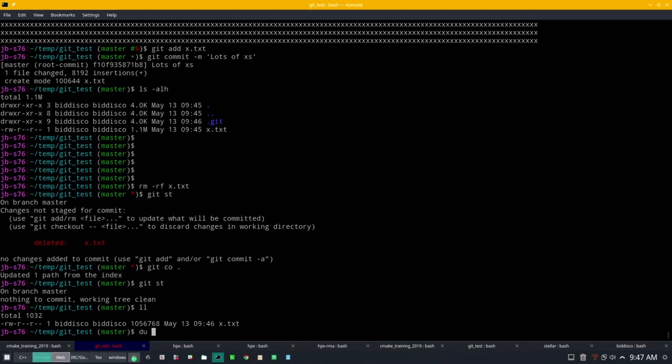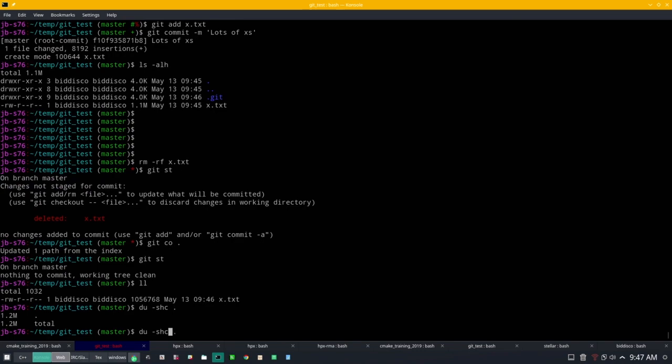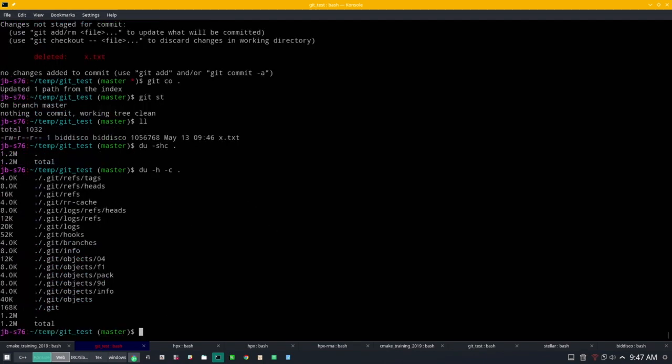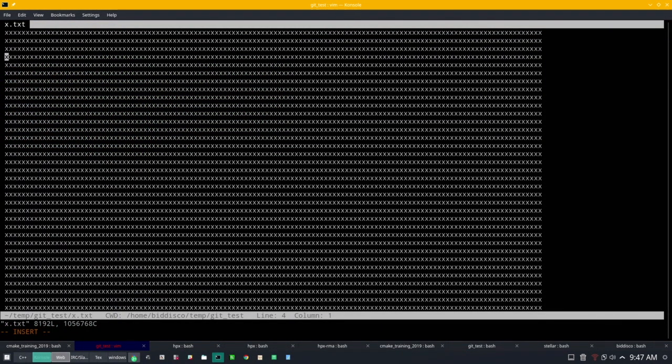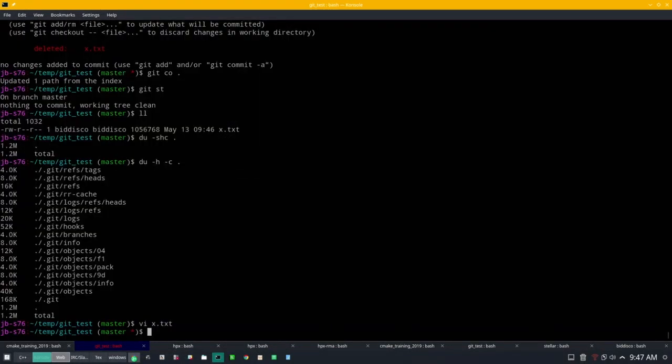And yet, how is it that I've got 1 megabyte in my current folder, but the .git folder where everything is stored is only 168 kilobytes? Somehow it took my file, which is 1.2 megabytes, and stored it in a tree with only a couple of hundred K. And it gets worse, because if I take one of these x's and change it to a y, and now I add my x file, and commit,